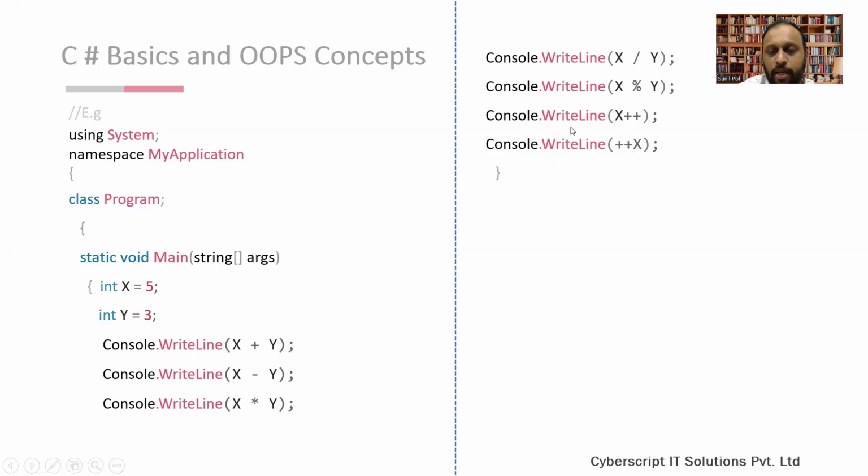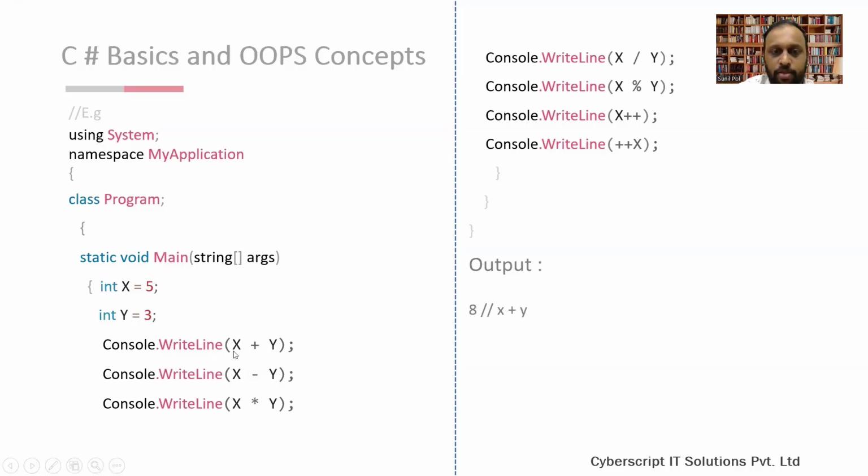The Console.WriteLine method with x++ will print the value of x and then increment the value of x. So the output would be 5 only over here. But in the case of Console.WriteLine(++x), it will increment the value of x first and then write the output on the console. So this would be the output of each